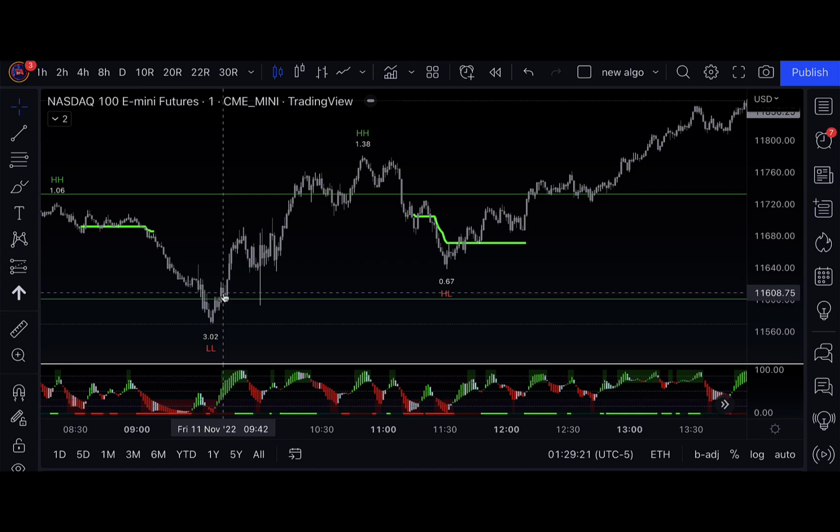You've got to ask yourself a question. Is this a setup for minis? Is this a setup for a lot of contracts? Is this a setup for the biggest amount of risk you're willing to take in a trade? Or is this better for like 1 micro, 2 micros, right? And then